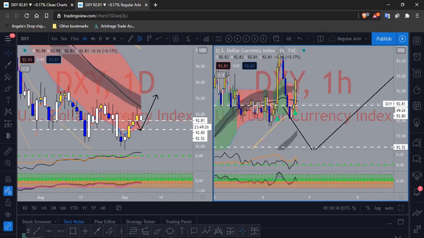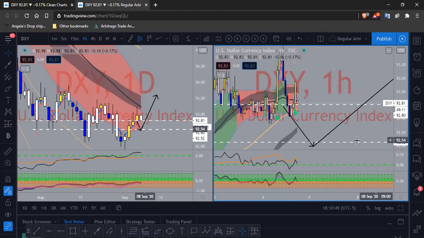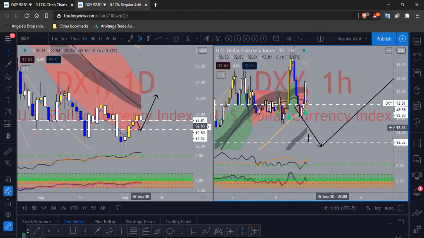Now, I don't know what happened in this candle right here when the market opened. It just looked bullish as heck, but then it's back down over here. So I don't know if that's due to TradingView or if that's actually how the market opened. But anyways, right now price is currently under this RSI line right here. If I see price start to creep down a little lower, then I would definitely suspect that it's going to come down,